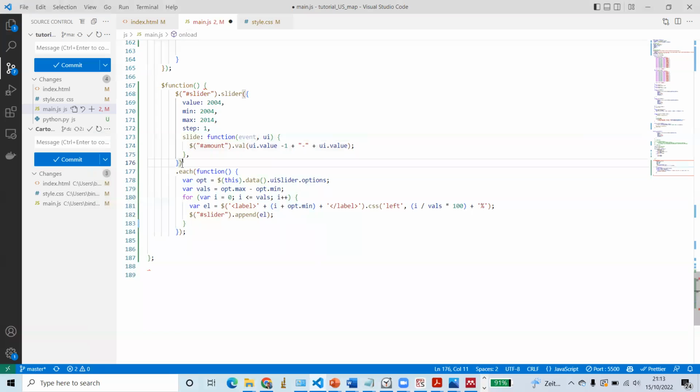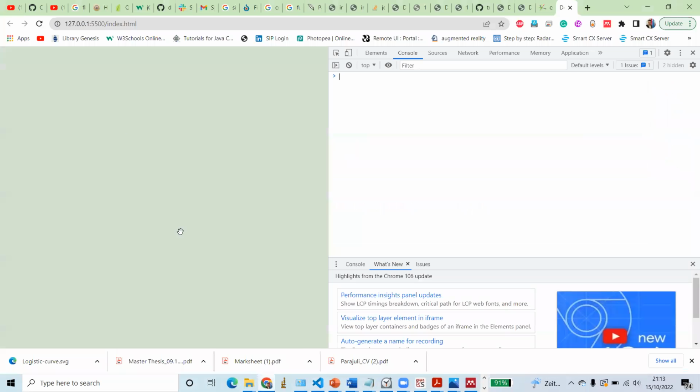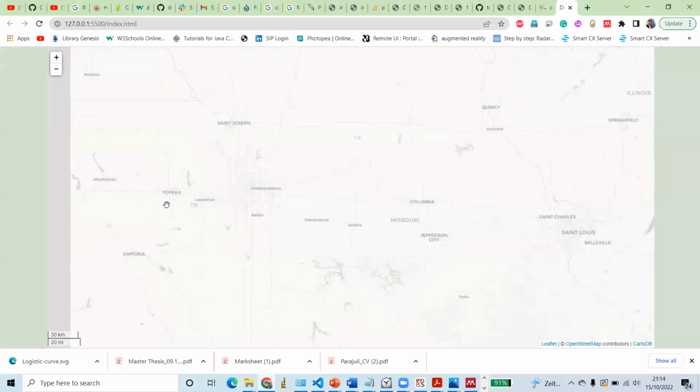This is for this, and we have just included a function. Okay, here it needs to be this one, and here. Okay, I think now when you save it, we can see the map,